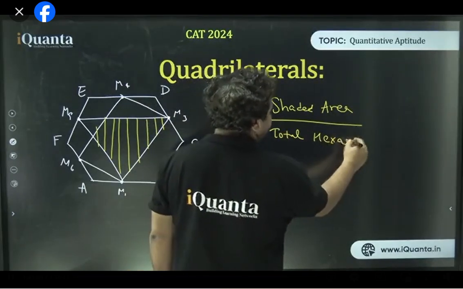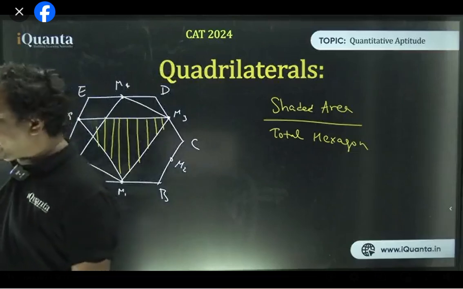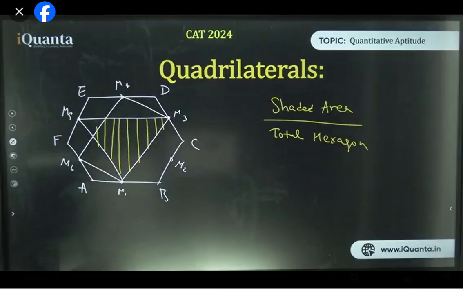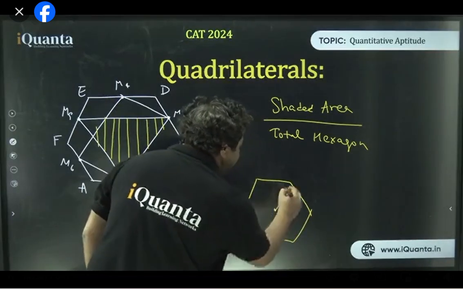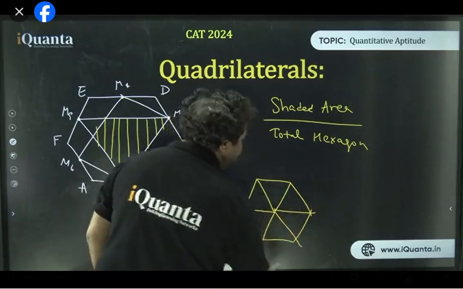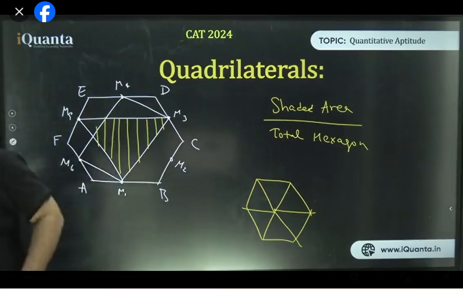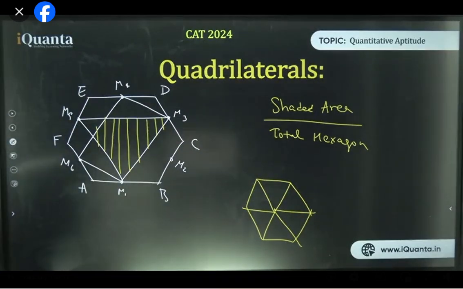Is that clear? It's known that the hexagon is regular. When I say regular, it means all the sides are equal. Okay? And also, don't say that you haven't taught hexagon yet, so how are you asking? This can be solved because I have told you triangles already. And a regular hexagon is nothing but a combination of 6 triangles. 1, 2, 3, 4, 5, 6. Every hexagon is made by combining 6 equal triangles. So let's try and solve this.